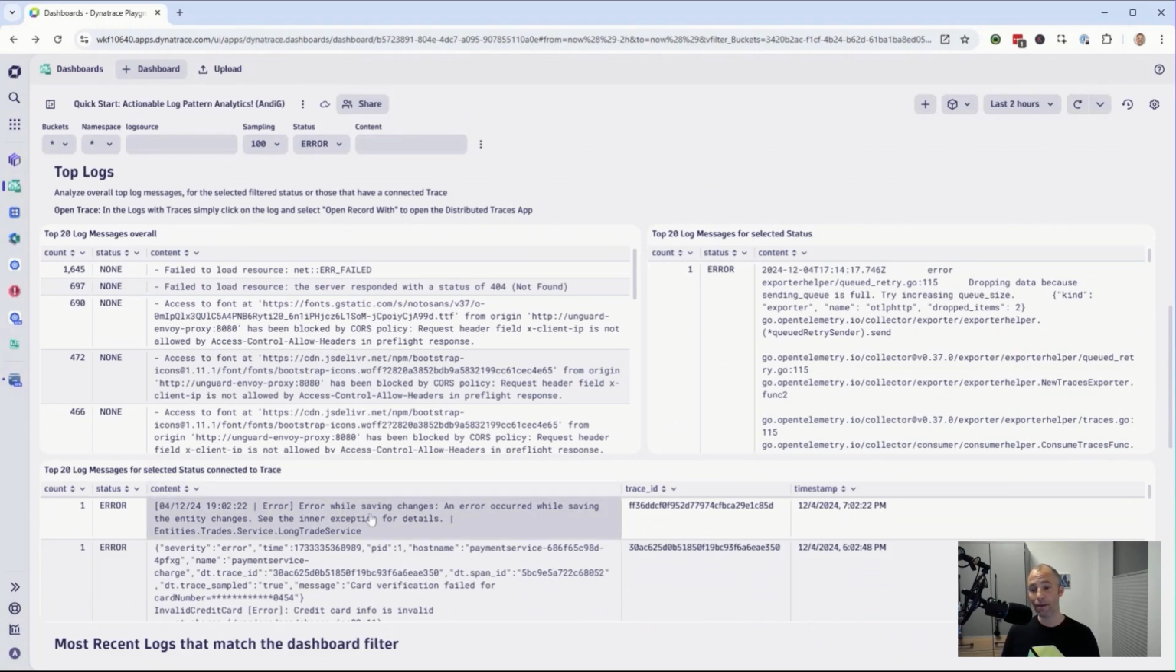So it seems we have some error messages here: error while saving changes, and error code while saving the entity changes, and I have a trace. Same here, some credit card validation. Now, if we have a trace ID in Dynatrace connected to a log and we show it in a table